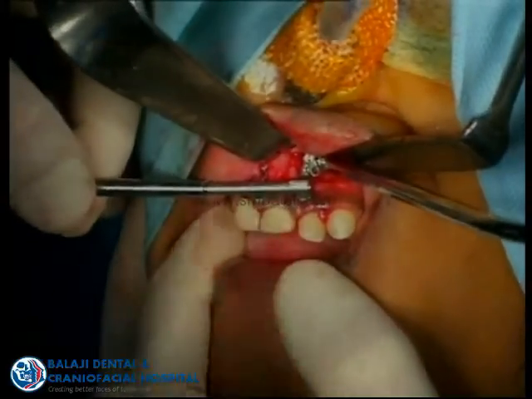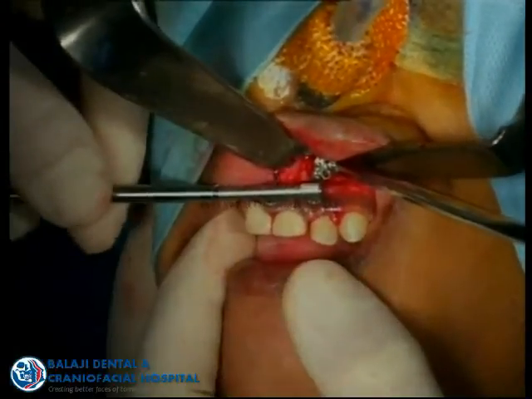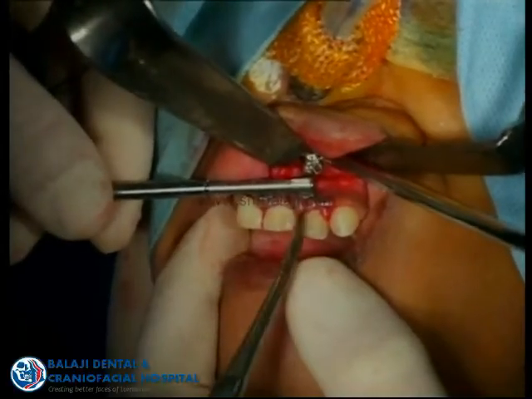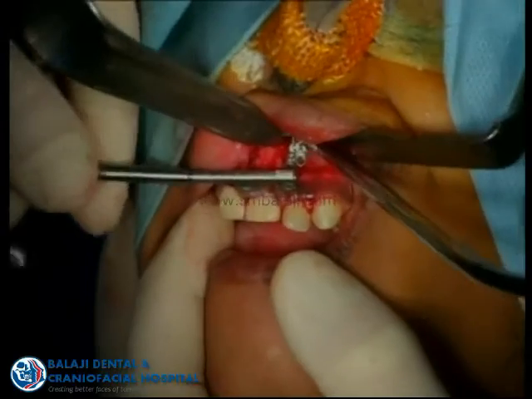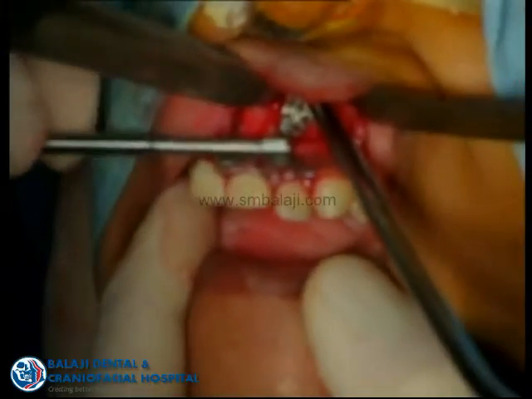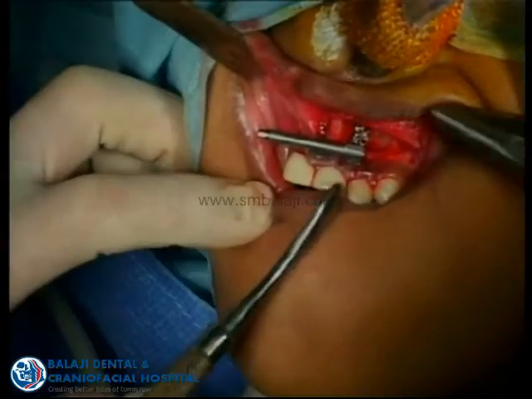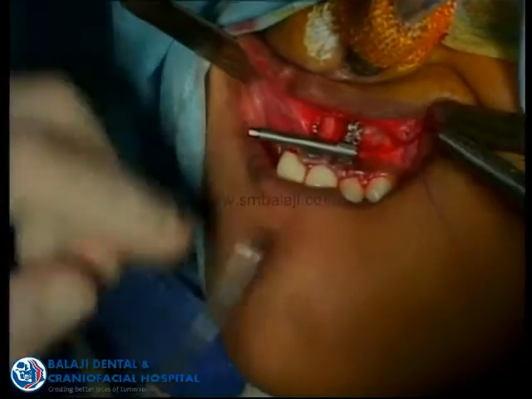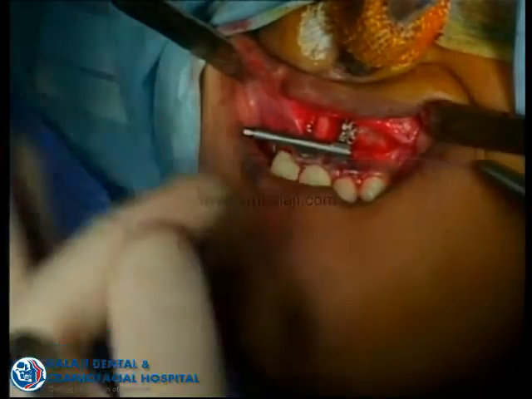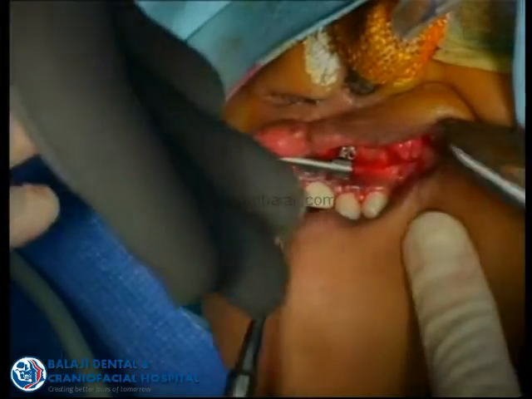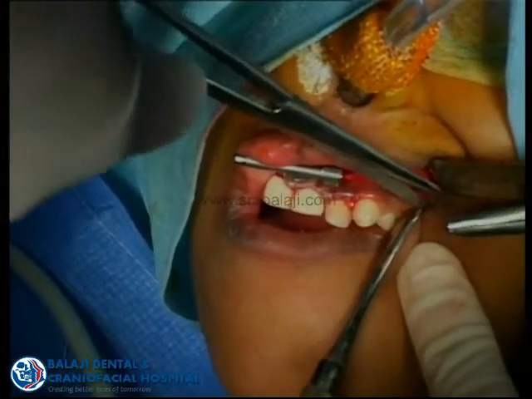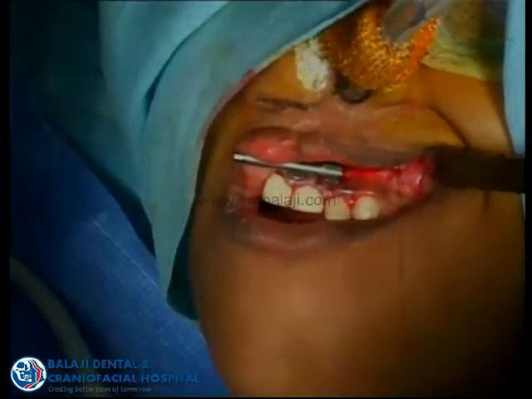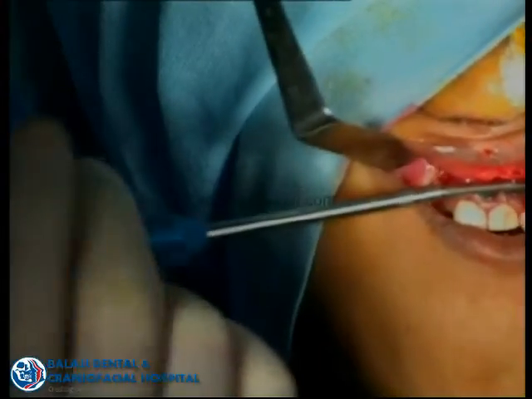You can see there I am checking the activating arm. That's the gap. You need to check it, and finally do a clockwise movement so that the distractor closes. And now I am suturing the mucosa. Once this is mobilized and docked to the opposite side, an implant can be placed in the distracted bone.